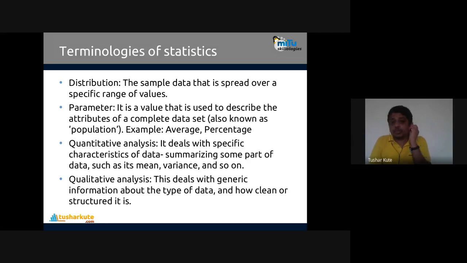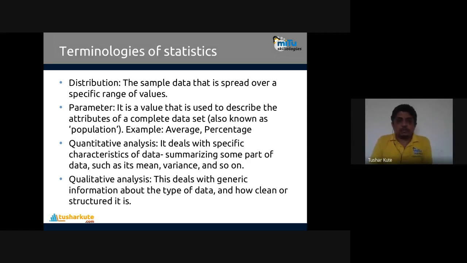Next is distribution. A sample of data that is spread over a specific range of values is called a distribution of data. Multiple different kinds of distributions are present in statistics. Generally, the common idea of distribution is the Gaussian distribution, that is, the normal distribution. We'll talk about that using descriptive statistics measures. It is identified whether data is normally distributed or not. When the data is normally distributed, then only can a machine learning algorithm perform better on that data. If it is not normally distributed, then you have to apply some statistical measures to make it normally distributed. Fine, we call it normalization. So distribution is the spread over the range.